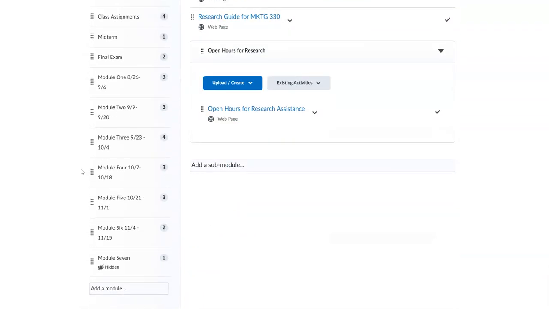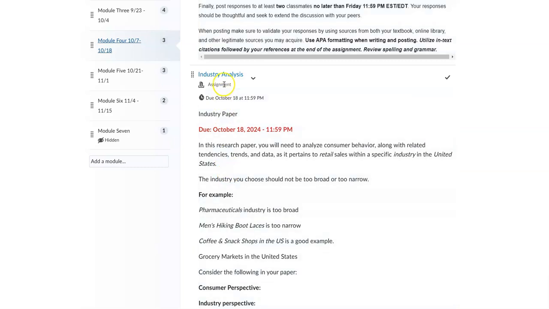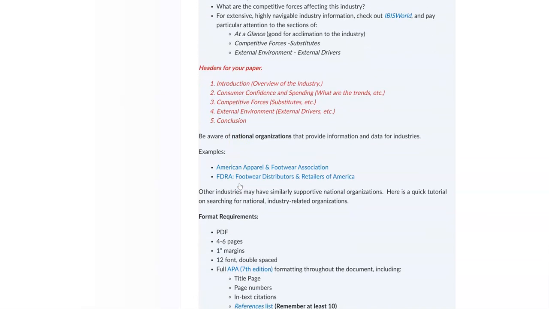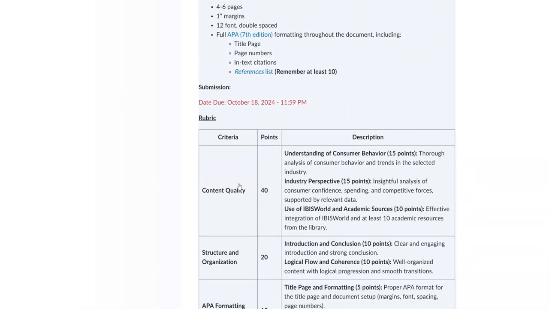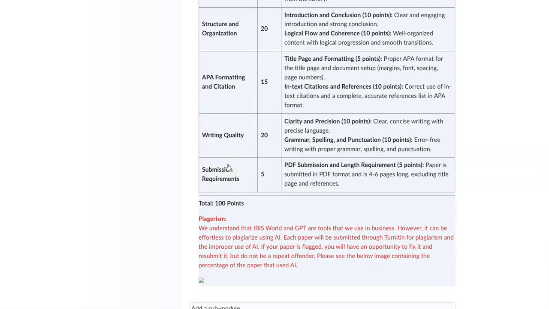They had a lot of fun using the tool. Let me see if I can go down here. So this was the industry paper. It was for the pharmaceutical industry or hiking, coffee, and snack shops. So they had different areas that they could explore, and this was the information they were given. You know, the criteria. Here is the rubric, what they would be graded on, and of course we had a